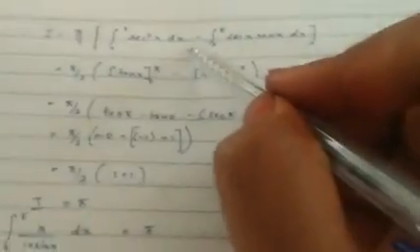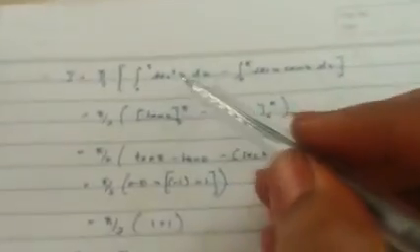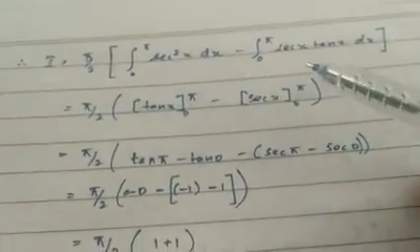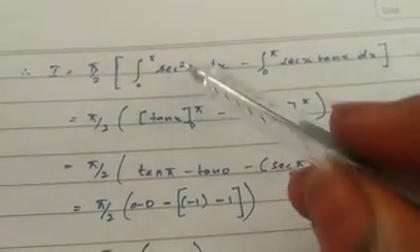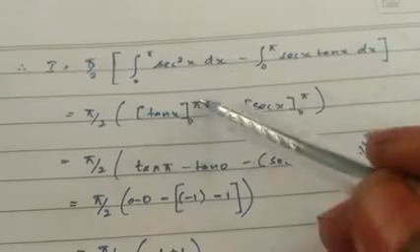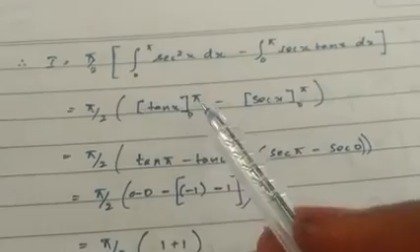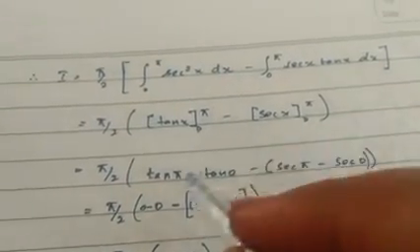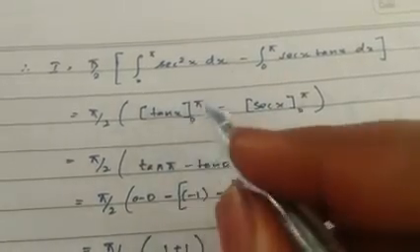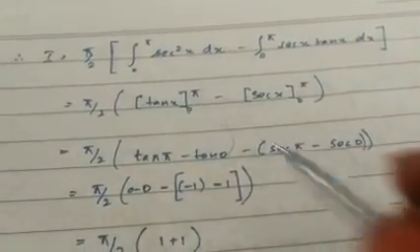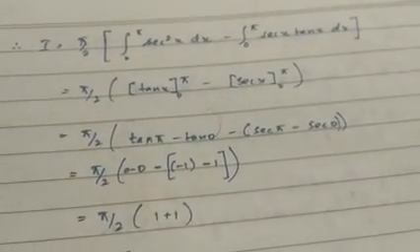When we integrate integral over 0 to pi dx divided by cos square, that 1 by cos square becomes secant square x dx, and sin x by cos x we can write it as tan x into secant x. Now integral over secant square x is nothing but tan x, therefore from 0 to pi minus, this is nothing but secant x, therefore 0 to pi. After that apply upper limit minus lower limit for this one. Pi by 2 is common, therefore upper limit is tan pi minus tan 0 minus secant pi minus secant 0. Tan pi or sin pi is nothing but 0, therefore tan pi is nothing but 0.